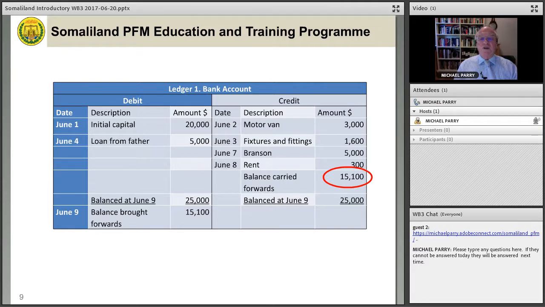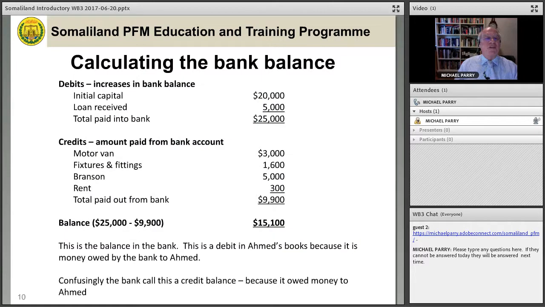It's shown on the credit side, but if you think about it, it means that the debits exceed the credits, that your receipts have exceeded your payments. And therefore, when you bring it forward on the other side as a debit to show the balance brought forward of $15,100. Easy to envisage if you look at it as a statement. So you have the debits, the increases of $25,000, and the credits, the decreases, totaling $9,900. The difference is the amount that you have in your bank account,